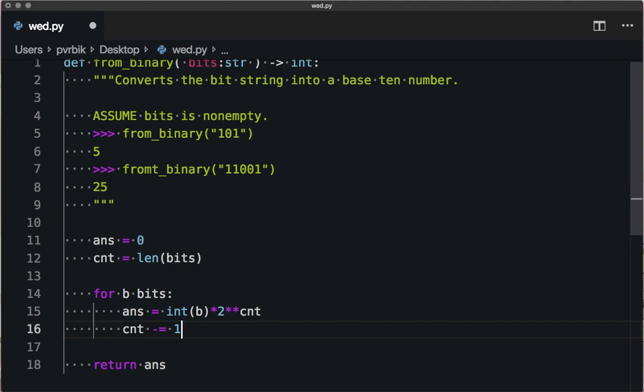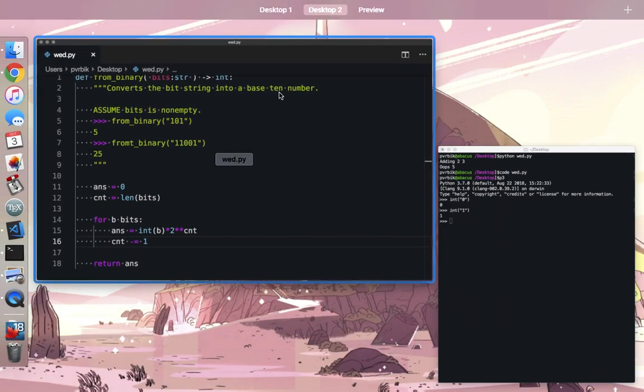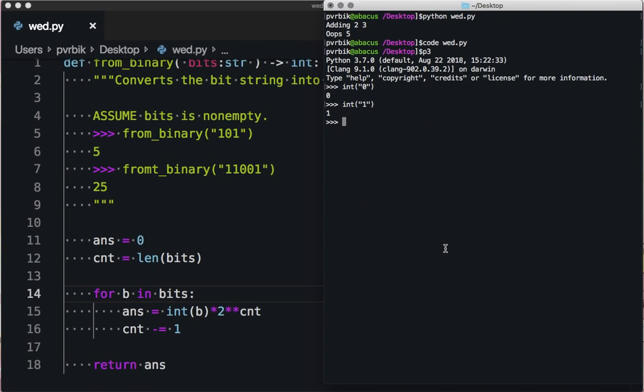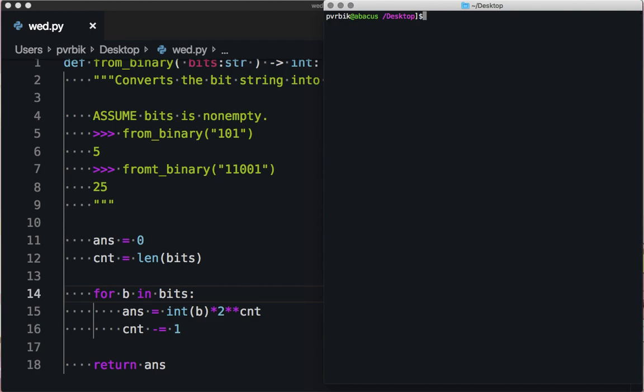So the first bit is at the kth position. The next one is at the k minus 1th position. The next one is at the k minus 2th position. So this should now work. Let's give this a try, for b in bits. Okay, let's give it a try. Python. We have from binary